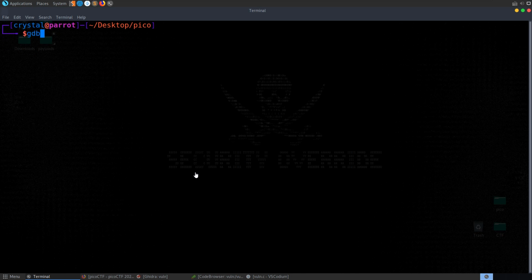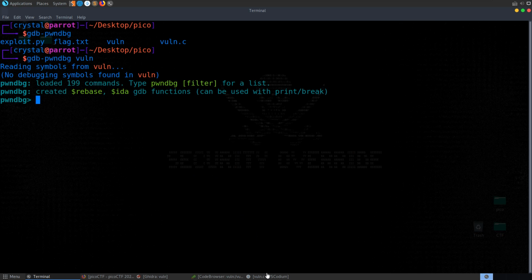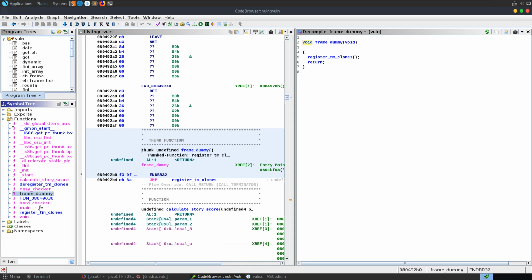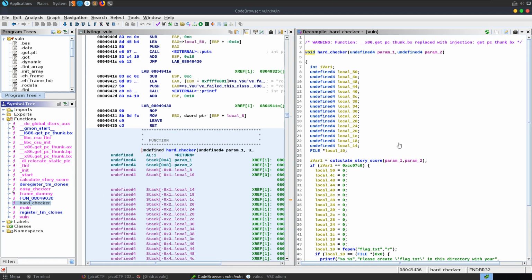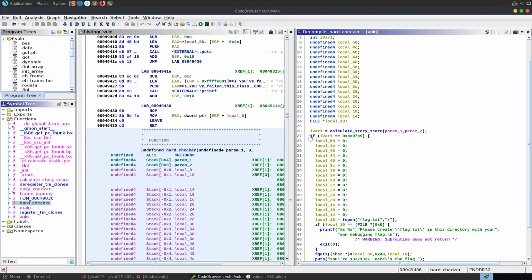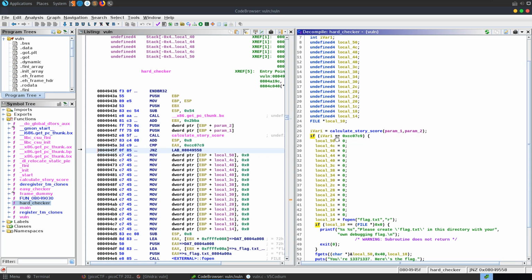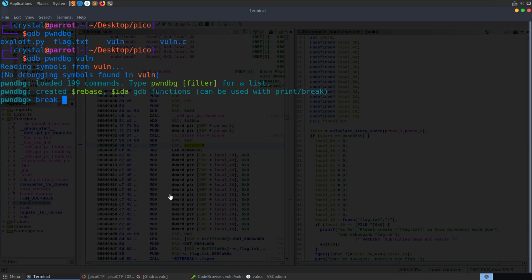So let's open up GDB, PwnDbg, vuln. Let's have a look at what we might want to break at here. At the moment it's going to call hard checker, and hard checker is checking if the value that it's calculated from adding together all of the numbers that we've entered in our story equals 1337 1337, give us the flag. So we'll put a check at this comparison, take a copy of that address and break star